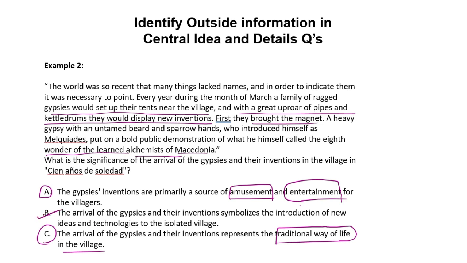Obviously, in order to solve this kind of question, you need to read the text very carefully, and then compare the answer choices with what is given in the text. You should always be on the lookout for this kind of wrong answer choice, right? Like, does this answer choice contain outside information? Does it contain misrepresented information? And then eliminate those answer choices. So carefully reading the text is a must.